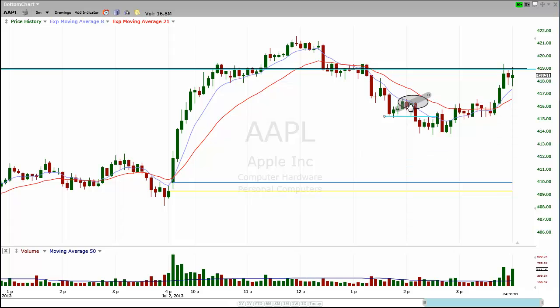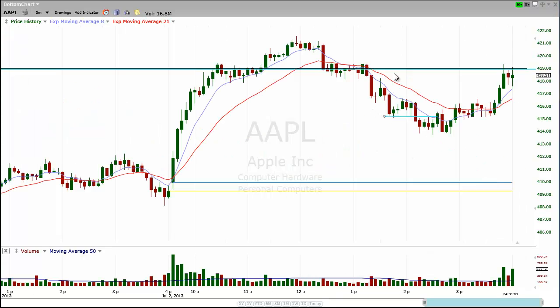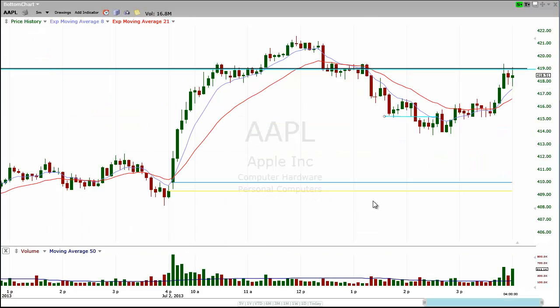But I just thought with everything I said about the daily chart, that it had potential for continuation to the downside, especially since the SPYs were trading around this area and breaking down at the same time. So that's what gave me that idea. Ultimately, of course, it didn't work, but I thought it was an okay trade. Maybe not the best, but